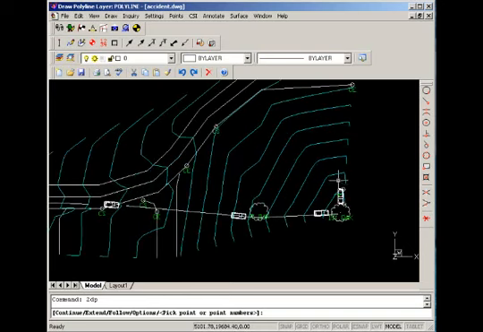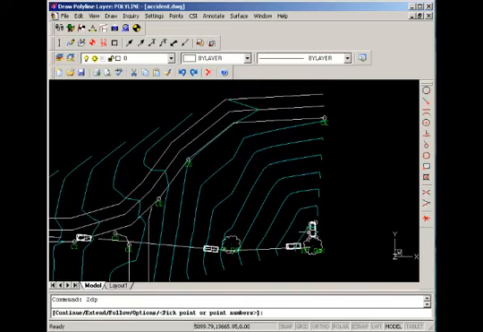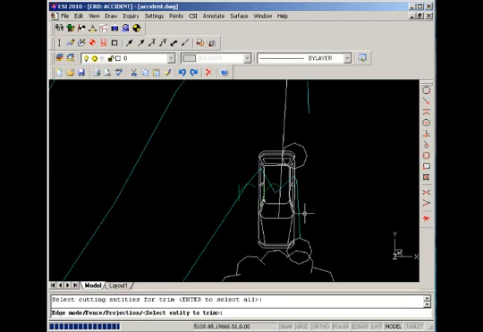Now we're going to trim some of the jagged lines on the ends of the contours to give it a more realistic look. So you can see there's some hooks at the ends of the contours that need to come off. So we're going to draw a polyline to represent our cutting edge, and then we're going to use the trim command to cut off the hooks from the contours. So I select the cutting edge,